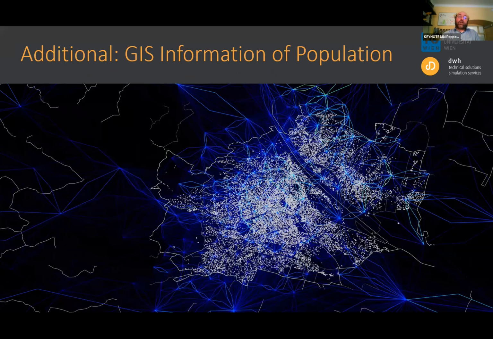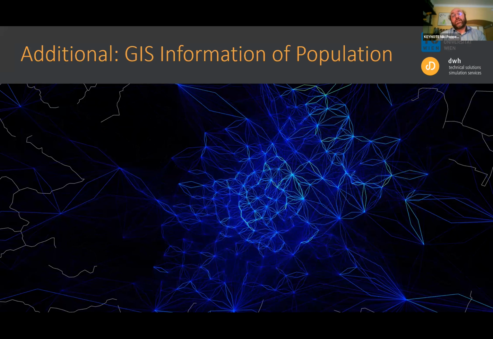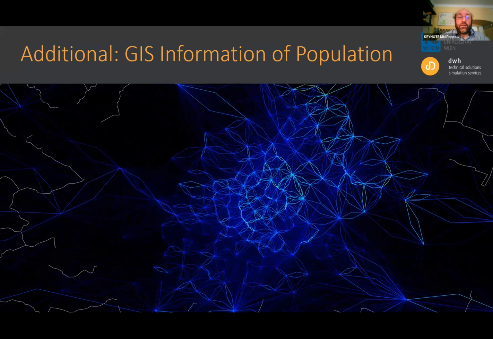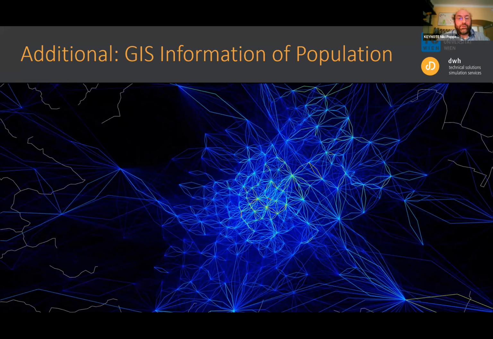We use quite a lot of additional information. I want to give you an overview on the possibilities. So we use the GIS information of population I already mentioned. This is, for example, the mobility based on the mobile phone data in Vienna, and the change between the lockdown in spring and the normal situation. So the good thing of our agent-based concept is we can directly integrate this information without an analysis step in between. So we can directly integrate these source and destination matrices in our model.